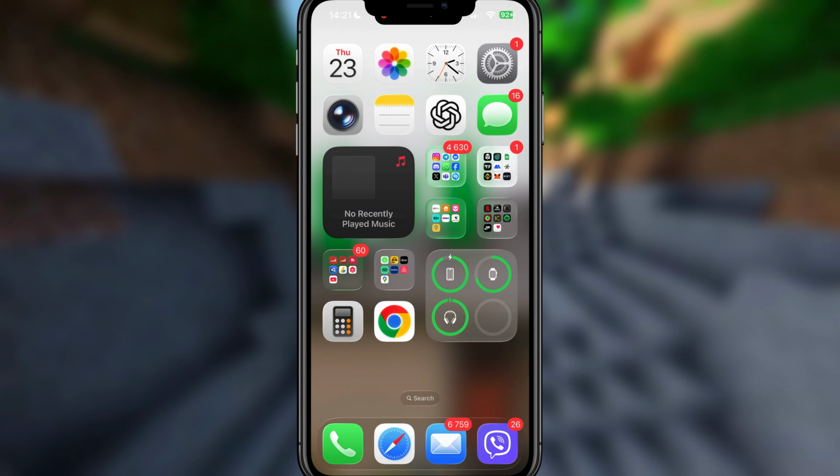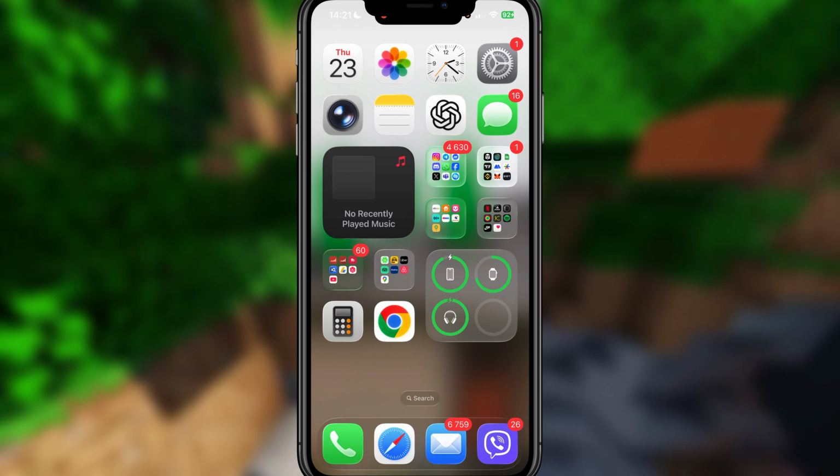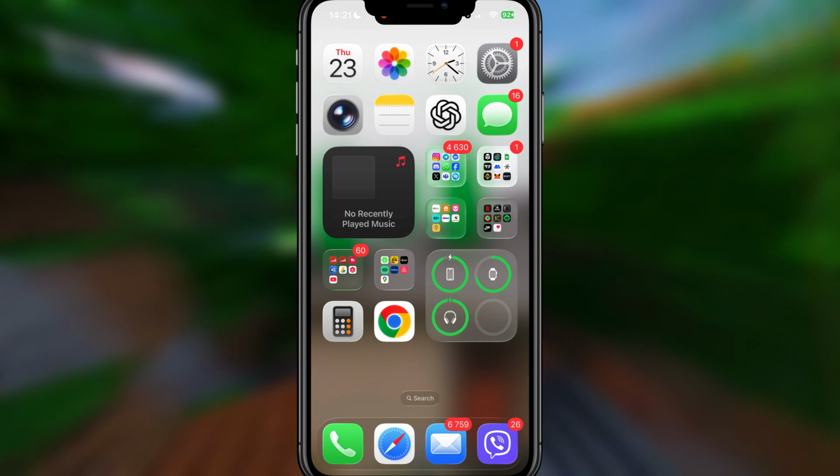Hey, in this video, I'll show you a very simple way on how to increase your touch sensitivity on your